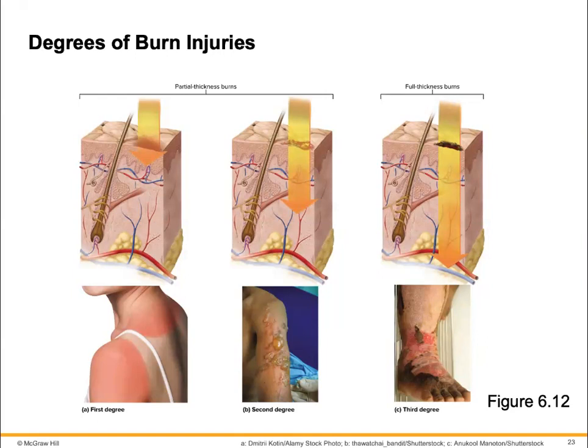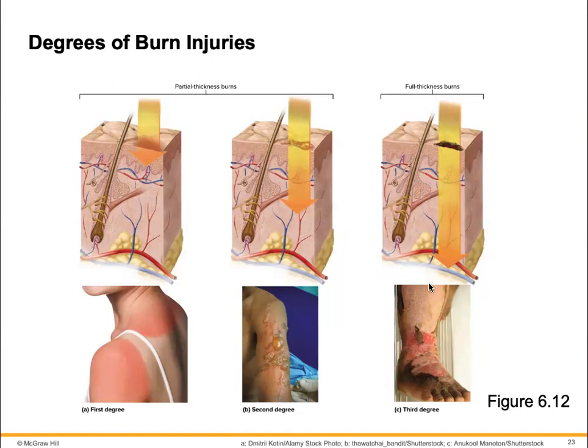The 2nd degree is when the damage penetrates to your dermal layer, and it's referred to as a partial thickness burn because it doesn't get all the way through it. It's going to appear red, potentially tan or white, and it blisters and becomes painful. It can take about 2 weeks or several months to heal, depending on the severity of it, and it can leave scars. 3rd degree burns are full thickness burns that go not only from